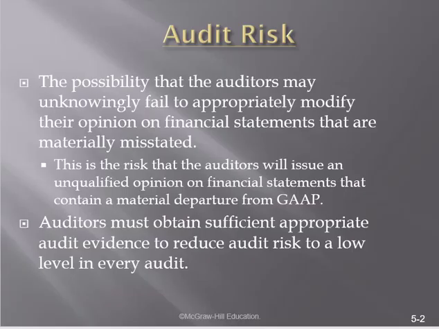So moving into audit risk, the possibility that the auditors may unknowingly fail to appropriately modify their opinion on financial statements that are materially misstated. This is the risk that the auditors will issue an unqualified opinion on financial statements that contain a material departure from GAAP. So auditors must obtain sufficient appropriate audit evidence to reduce audit risk to a low level in every